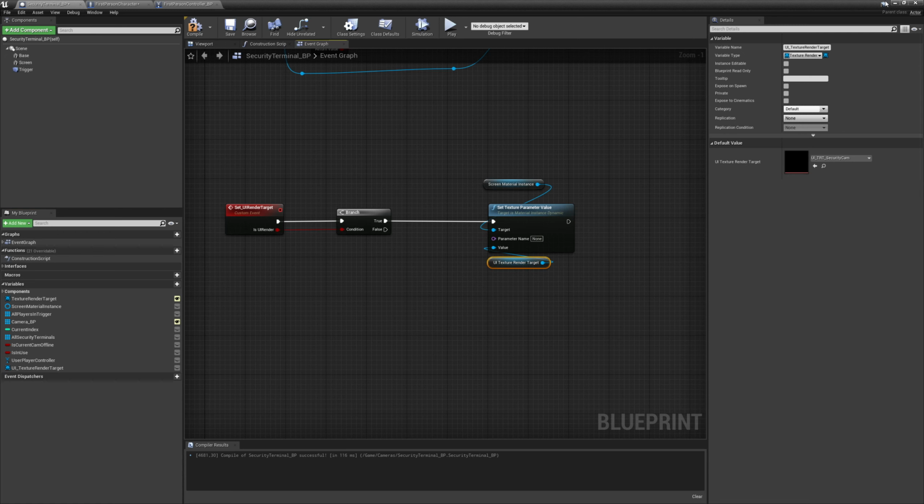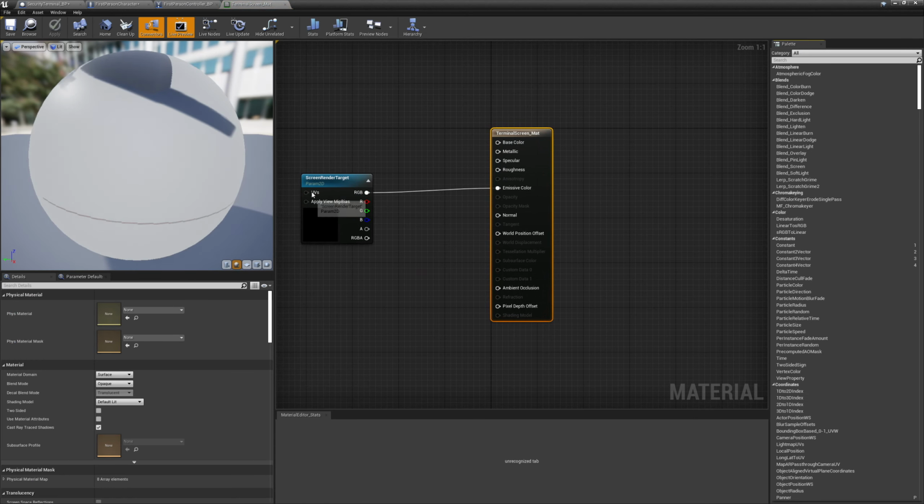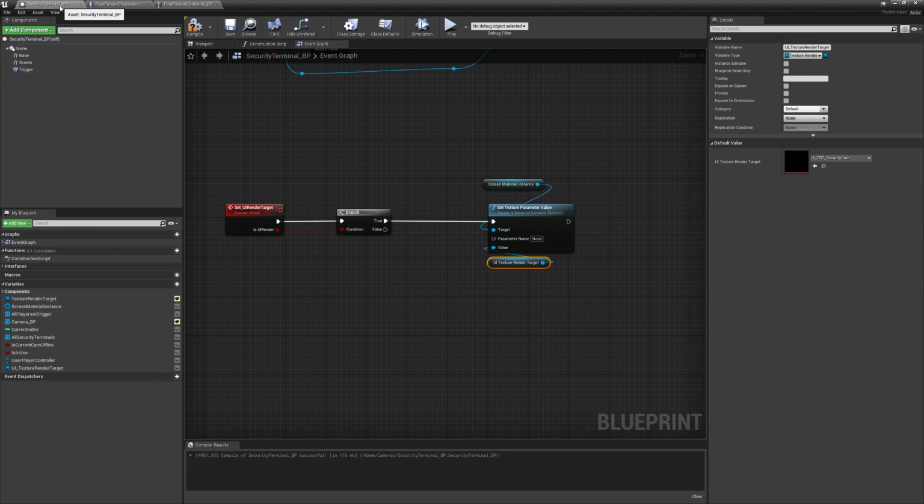And for the parameter value, I need to double check my material. So let's get to the terminal screen material. And that's the screen render target parameter. So I'm going to copy and paste this. So now it's set to our UI render target, and then we want to do the same for the cameras